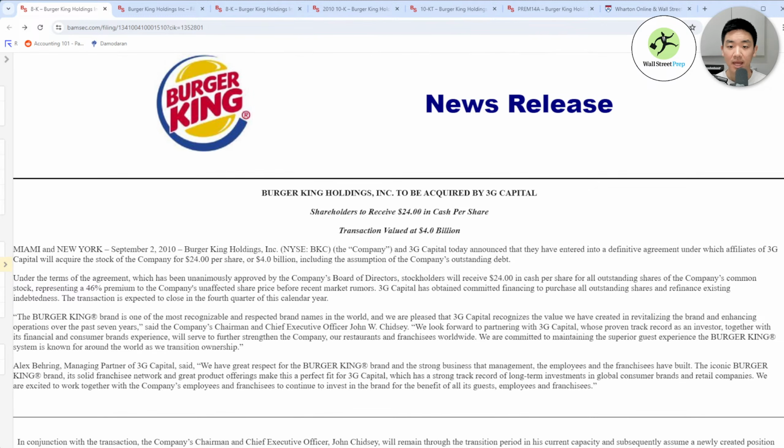What ends up happening after an announcement, and this is very true for a lot of private equity transactions, is that the transaction value that's listed, and a lot of the information like the amount of debt taken on, changes once the transaction actually needs to close and details are ironed out. So the numbers we're going to see are going to be a little bit different than some of these, except for this $24 per share.